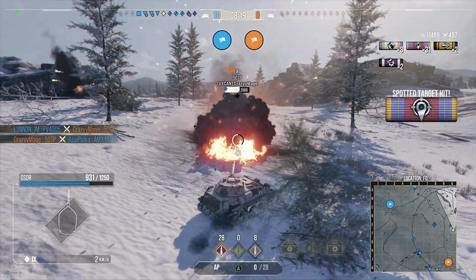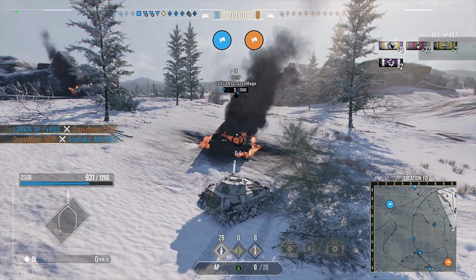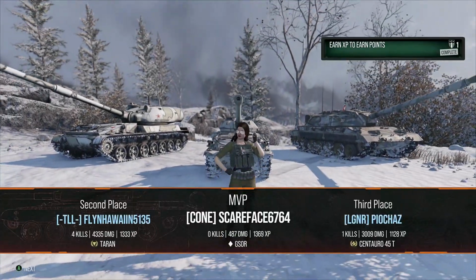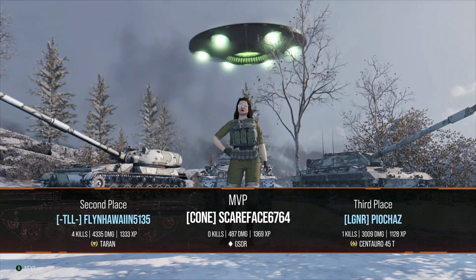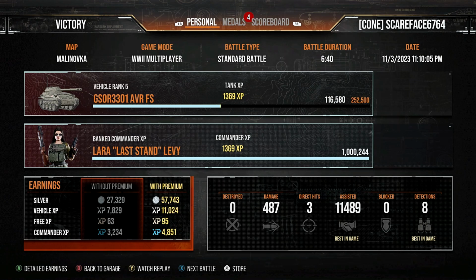But it doesn't matter. It takes his total above 11,000, and he finishes off with 11,489 damage assisted. If he had spotted that guy all to himself, he would have been up to over 12,000, almost 13,000 assist damage. That would have been crazy. But alas, it is what it is. 487 damage, 1,300 experience. MVP,